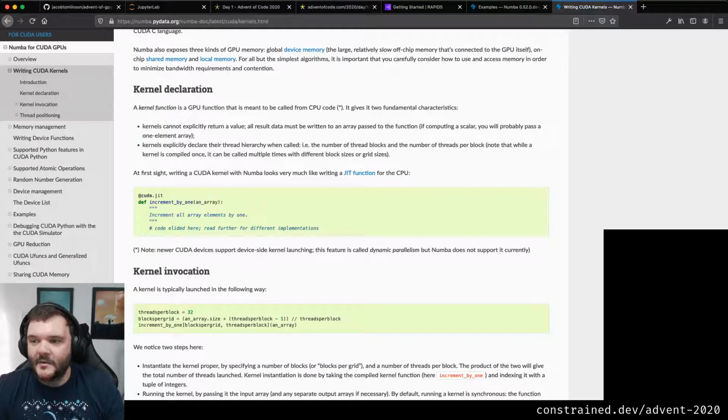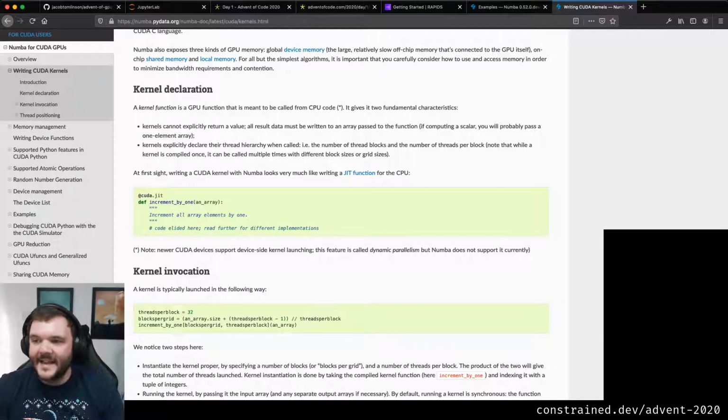completely in parallel, getting a return value back out of them doesn't necessarily make sense. So what you do instead is you call a function and you generally give it an input array and an output array. They're basically pointers to lists or arrays that already exist. And then each kernel, when it's executed, changes what's in the array.